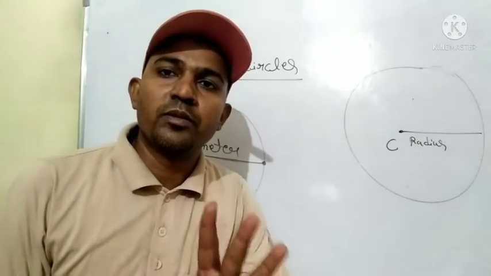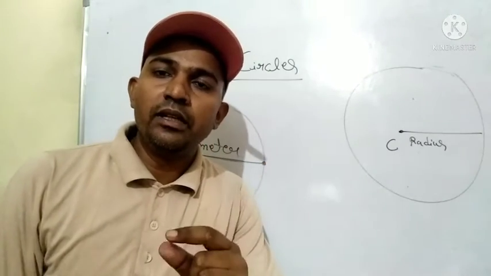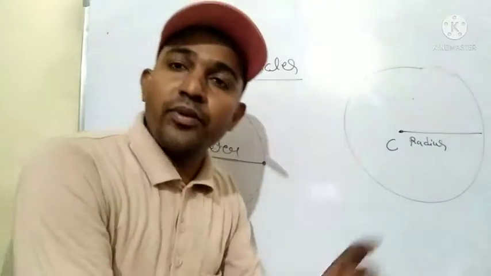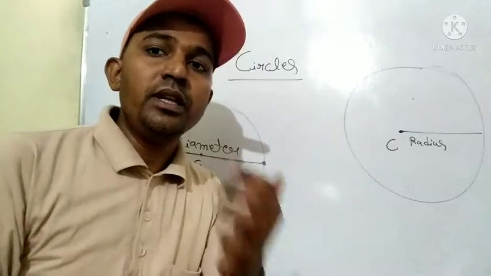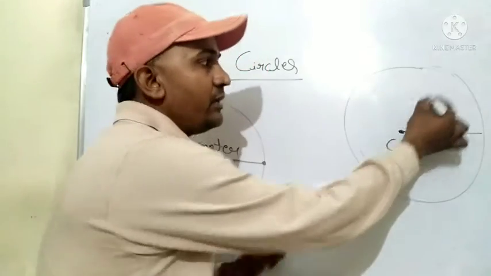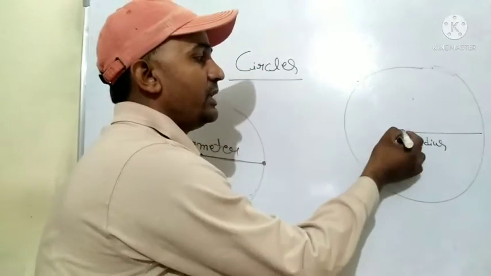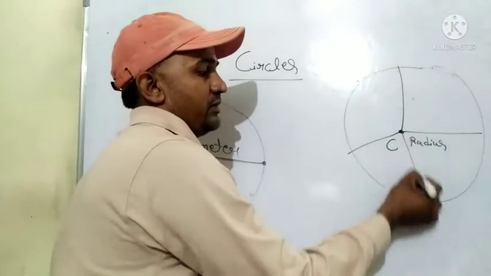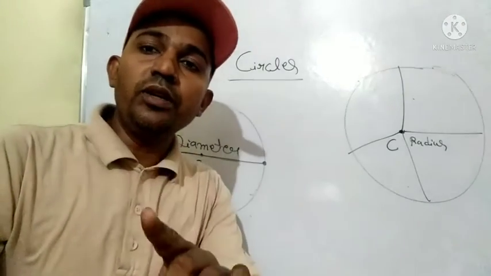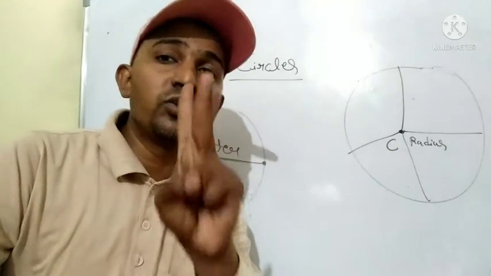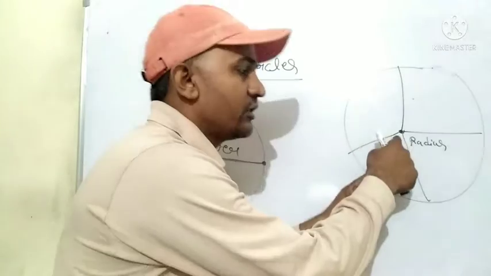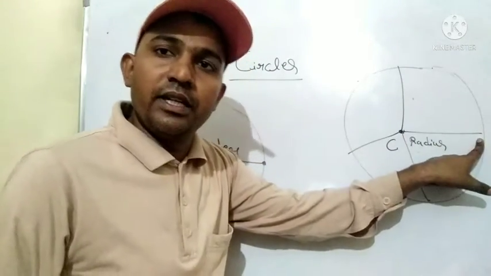Friends, we have to discuss circle today. You know, a circle is a 2D figure made by different points from a fixed point. How is it made? By a fixed point and many variable points on the boundary, where the distance between the fixed point and those points is always equal. So a circle is a locus of points equidistant from a fixed point, and it is a 2D figure. That fixed distance from the center to the boundary is called the radius.